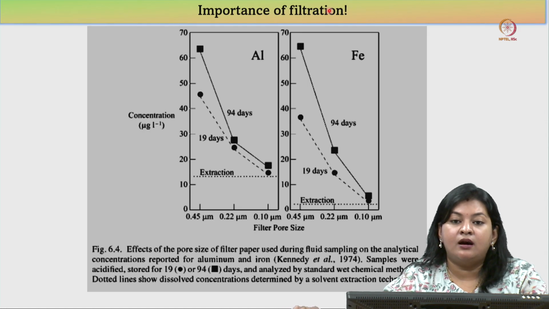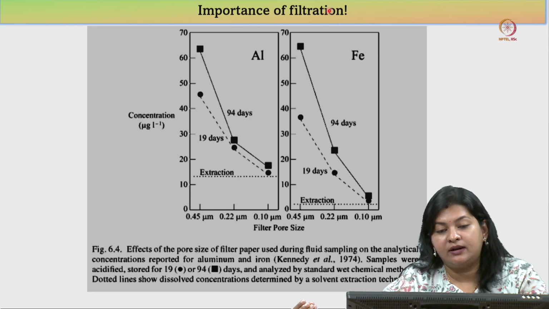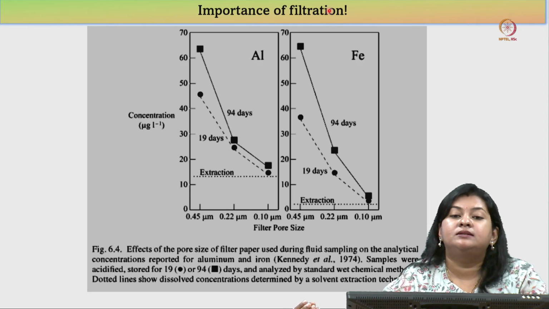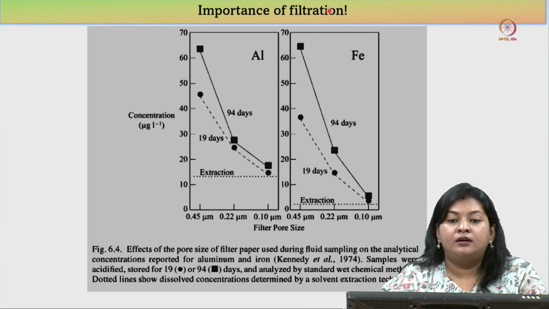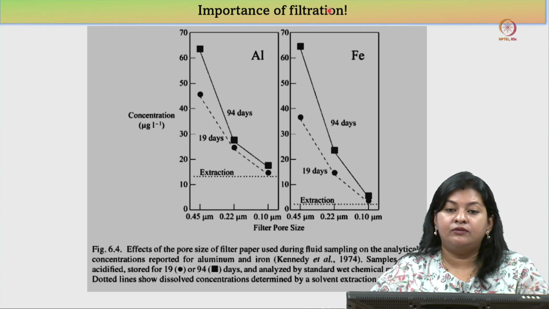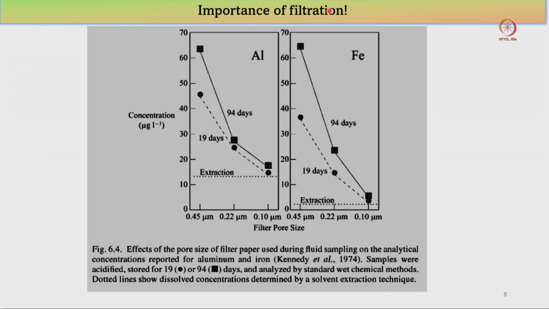If you are using a much larger filter paper pore size, something like 0.47 or 0.45 micrometer, then you expect that some finer materials will pass through that filter paper, and if you allow the sample to remain for a much longer time period, then it might show changes in the concentration of the particular elements you are interested in. So, with this particular information, I will end this lecture of today, and we will continue from here in our next lecture